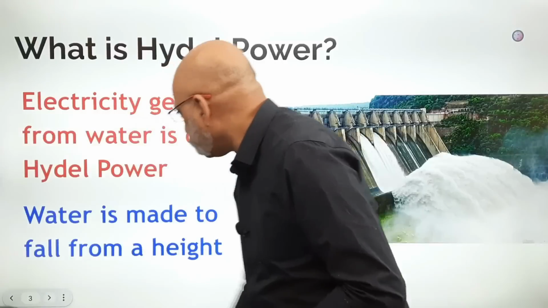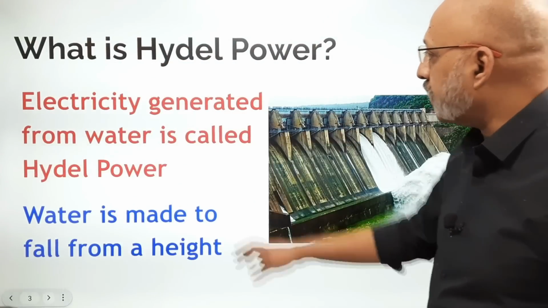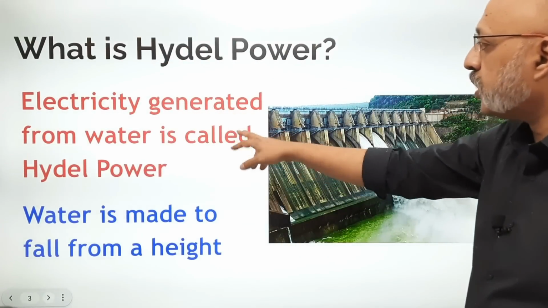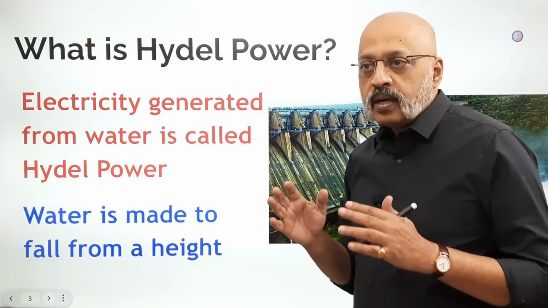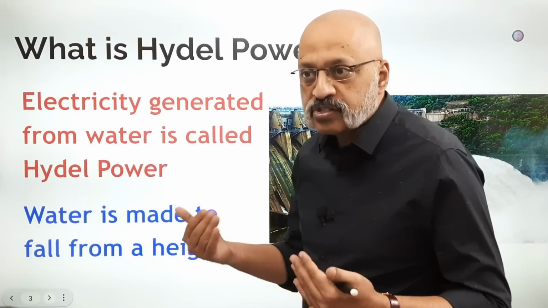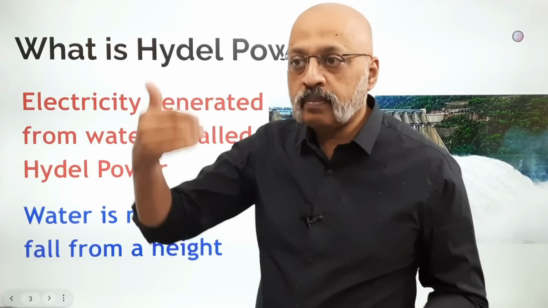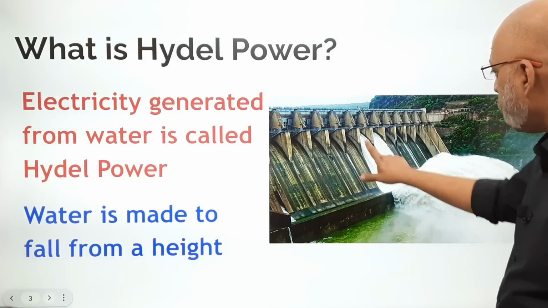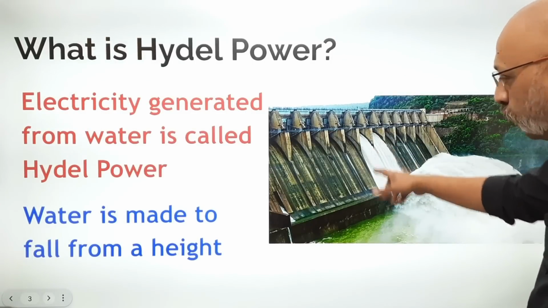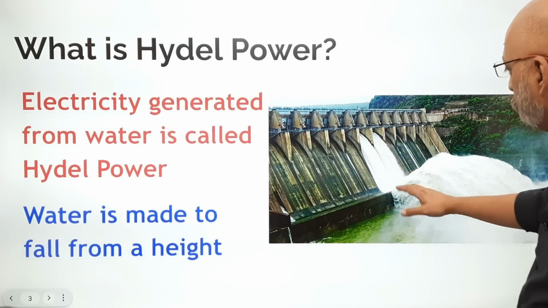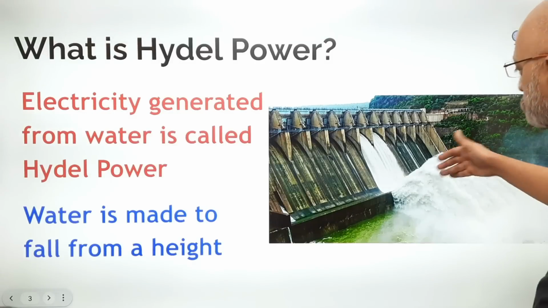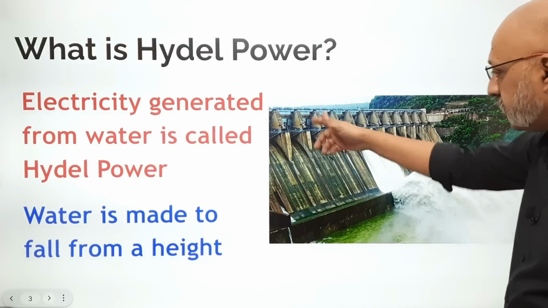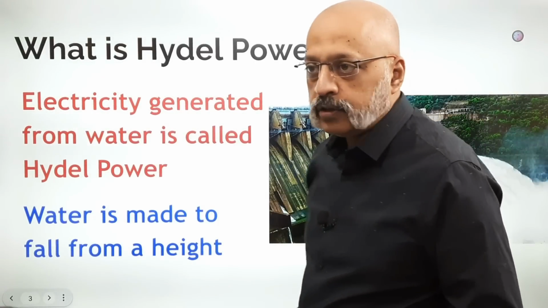Okay. So what is Hydel power? Electricity generated from water is called Hydel power. Now it is produced from the energy that is released when water falls from a high level with great force. I put it down in the notes. River water is stored, as I just said here, the other side of this dam, right? And you see the water which flows down at a very high force, and with this kind of a force, the Hydel power is generated. This is the Sri Salem Dam in Andhra Pradesh.